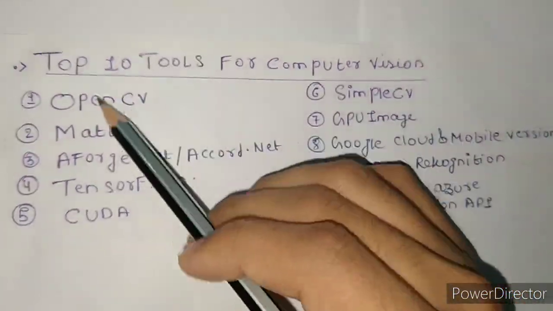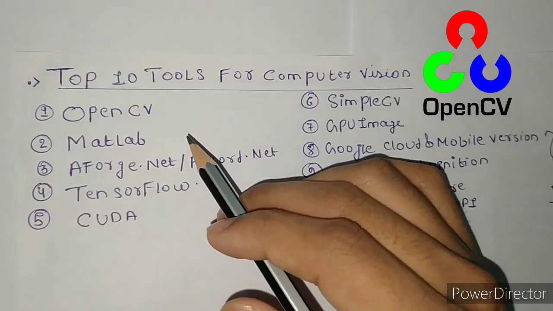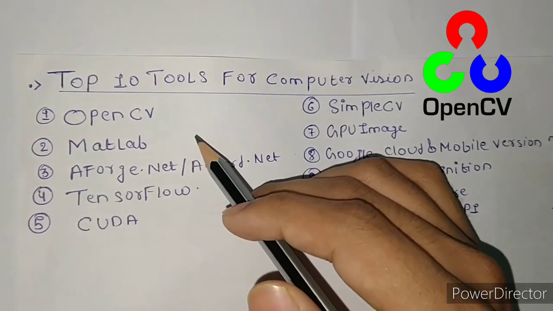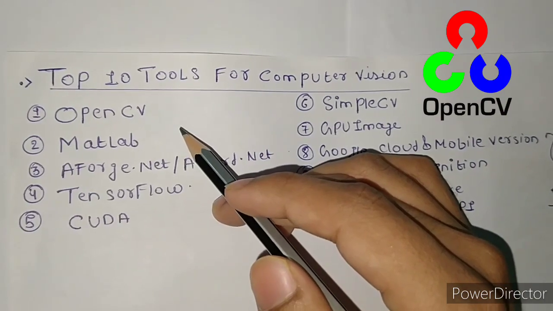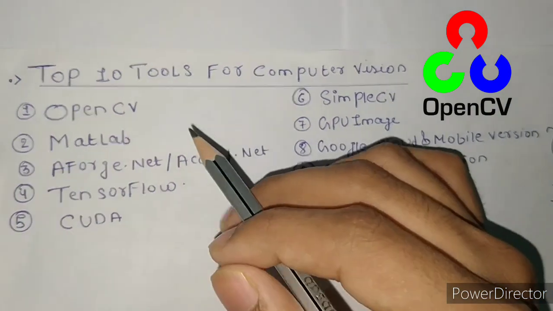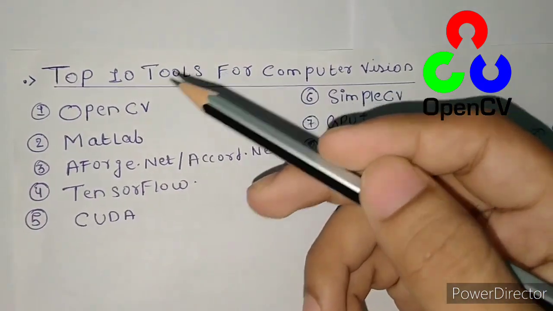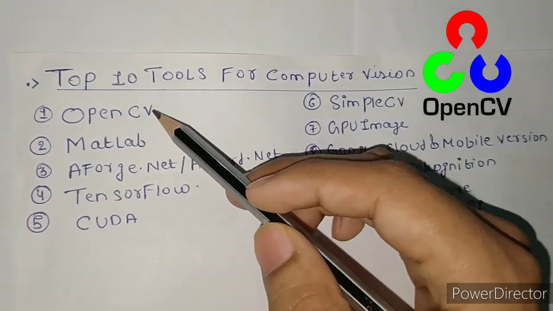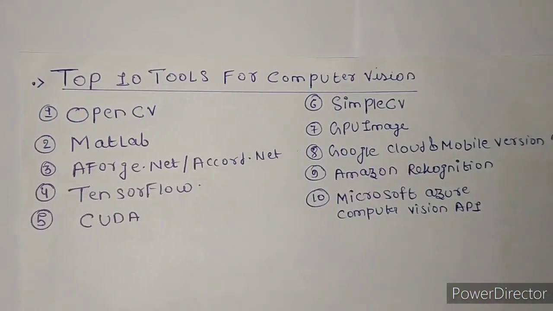So here the first one is OpenCV. Any video on computer vision is incomplete without OpenCV. It is a great performing computer vision tool and it works well with C++ as well as with Python. It is pre-built with all necessary techniques and algorithms to perform several image and video processing tasks. It is easy to use. One fact about it, it is multi-platform, allowing you to build applications in Linux, Windows and Android as well. Let me tell you about its drawback. It gets a bit slow when working with massive data.